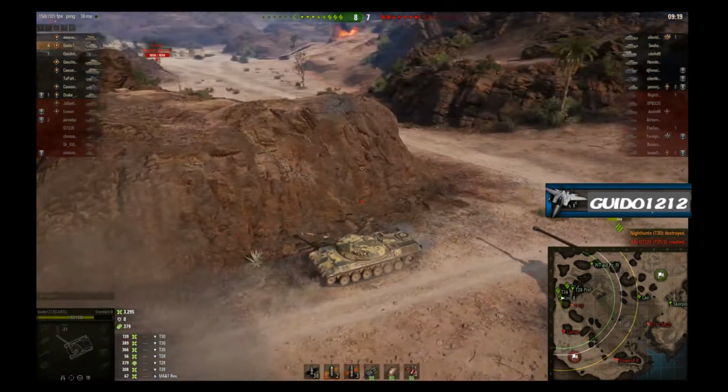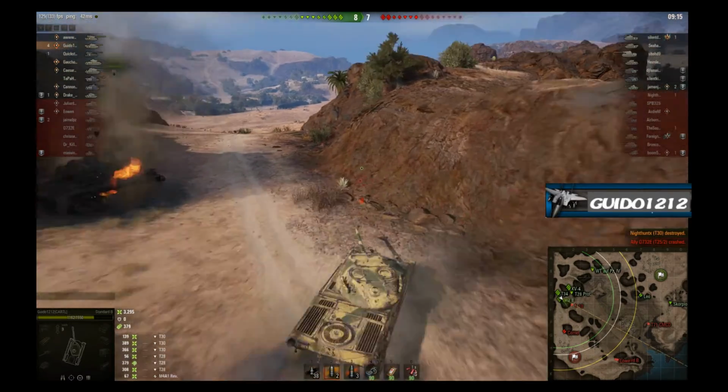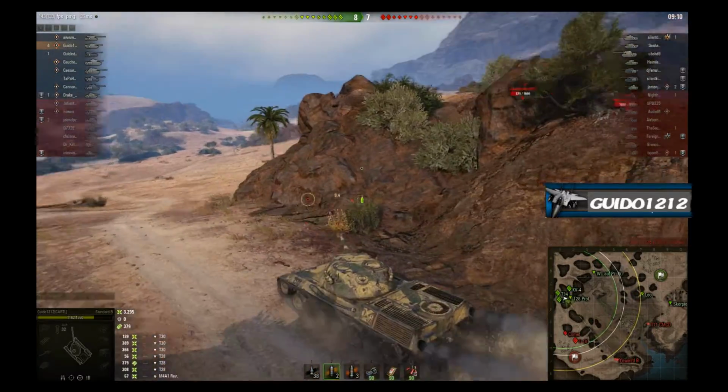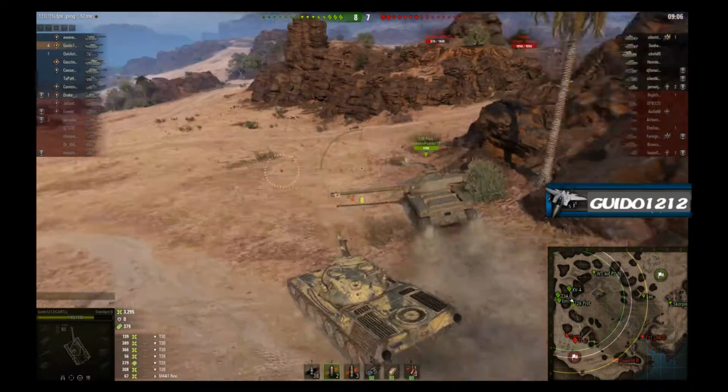Now I'm just going to hide behind this rock for a bit. There's a guard way down there. Don't really want to go that way. That doesn't seem like the best way to go, especially if they got a bunch of campers up there. So you can use this lower move. The problem with this is you get guys like where their